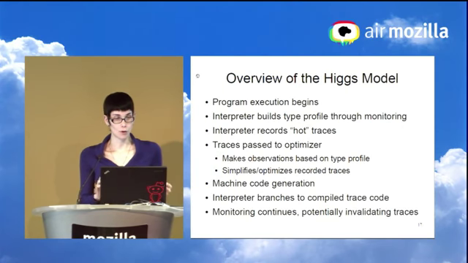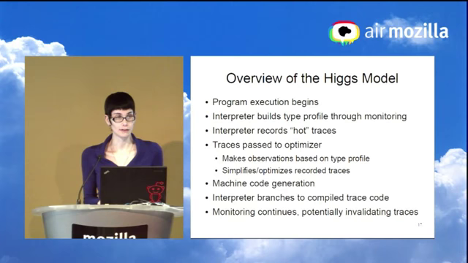So an overview of the model of what happens inside Higgs for a program would be that the execution of the program is going to begin, and the interpreter is going to start building a type profile through monitoring. And then the interpreter is going to record hot traces, as in any other tracing JIT. The traces are going to be passed to an optimizer, an optimizing system, and this system is going to make